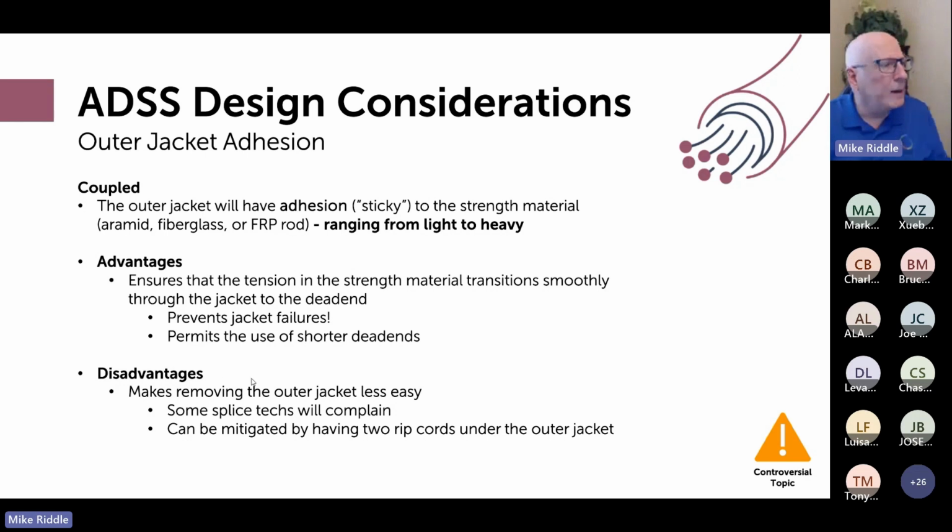But the disadvantage is that it makes removing the outer jacket less easy, and splice techs will complain. You can mitigate this though by using two rip cords under the jacket. If you have two rip cords, you can split the jacket on both sides, sort of like how you peel a banana, and therefore remove it. And again, a controversial topic, because other cable companies would say, no, you don't want to do this, but ask them to explain why you don't want to do this. About the only thing they'll come up with is, well, it just makes it hard to remove the outer